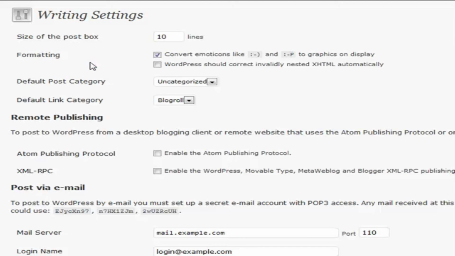Alright, write settings. This basically will allow you to do a couple of different default actions for writing blog posts, as well as some advanced blog posting actions. First of all, we're going to cover the size of the post box. Whenever you're posting a new post or page, and you have a lot of content that you want to work on without toggling to full screen, you can adjust the size of the post box there. Formatting, if you want to convert emoticons to actual images instead of just the emoticons themselves,